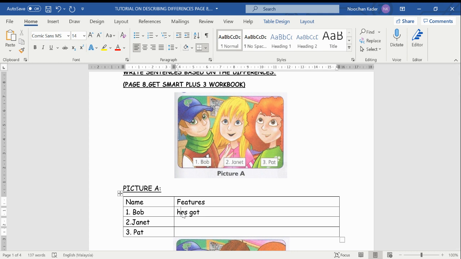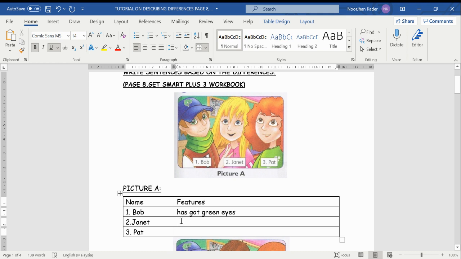So what is his feature? Bob's feature is: has got green eyes. Let's make it simple. No full stop, because this is a phrase. Now let's look at Janet. Janet's outstanding feature is her hair. Janet has got